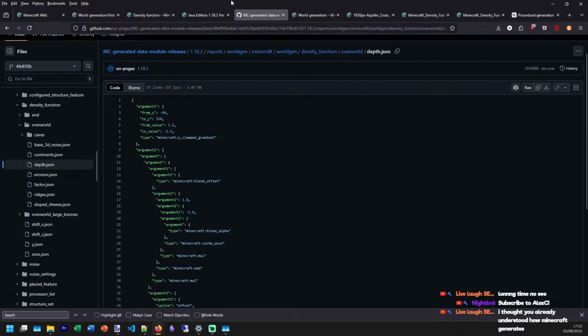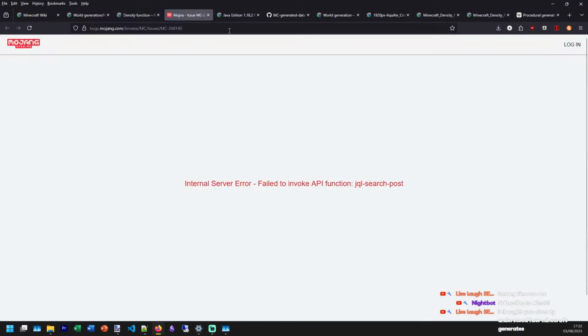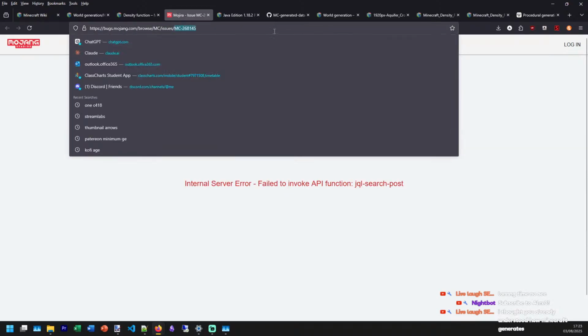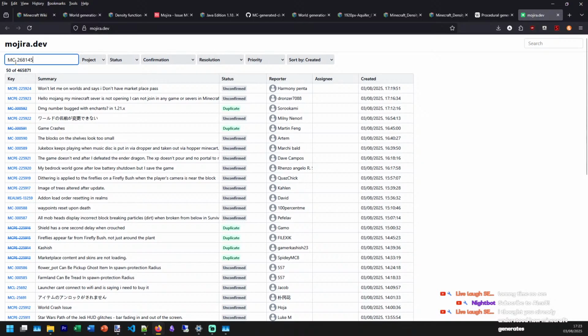They've really not updated it before then. Oh yeah, apparently the cache once density doesn't work. Oh, apparently that doesn't work either. I wonder if they have it on the other one.